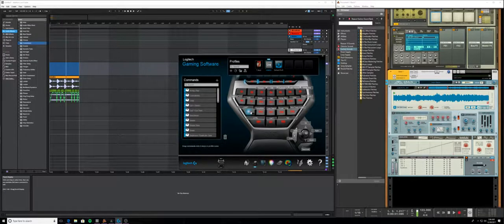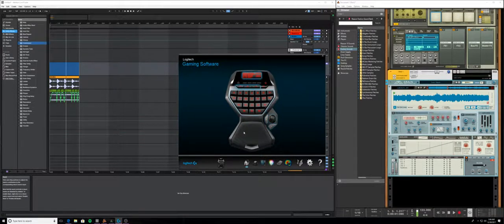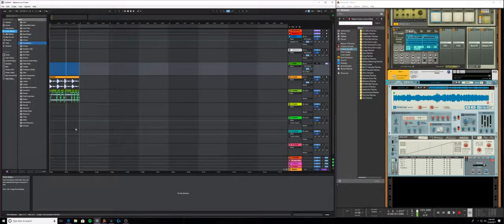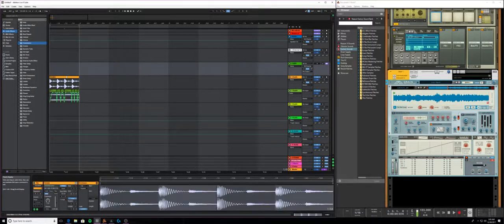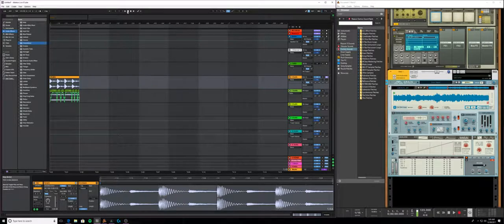Highly recommend. It takes a little bit of getting used to. I'm still getting used to it, and I've had it for a long time. But the G13 is like $45. Does wonders, lots of wonders. Anyway, so you see me doing like weird quick edits. That's exactly what I'm using. You get used to the keyboard, but